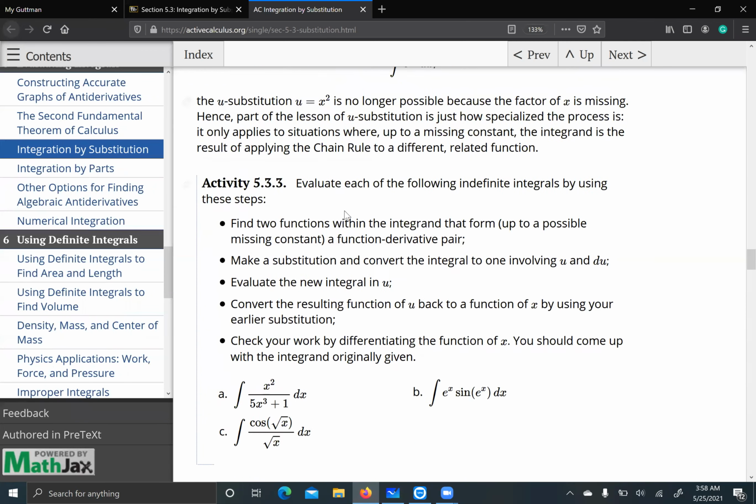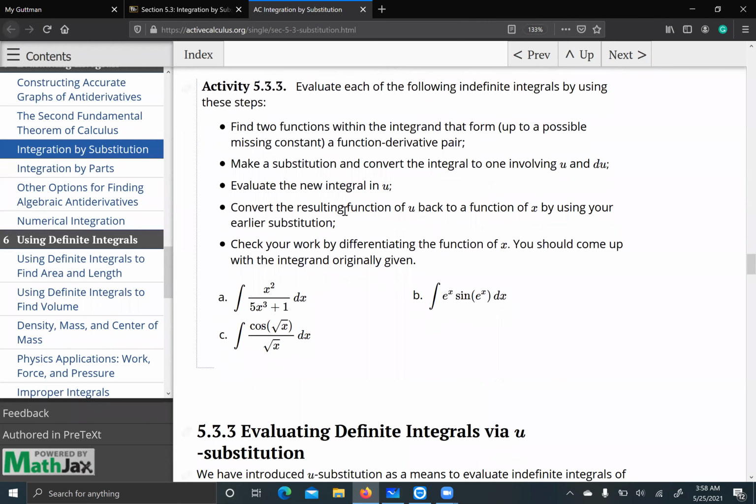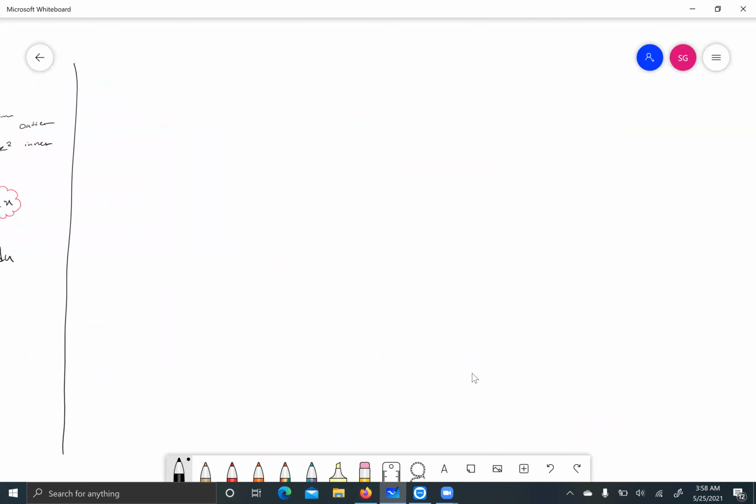Maybe I show you one of the integrals in this activity. For example, let's look at this one, the second one, e to the x times sine of e to the x. Okay, B. So in this activity, look at part B. The integral of e to the x sine of e to the x dx,